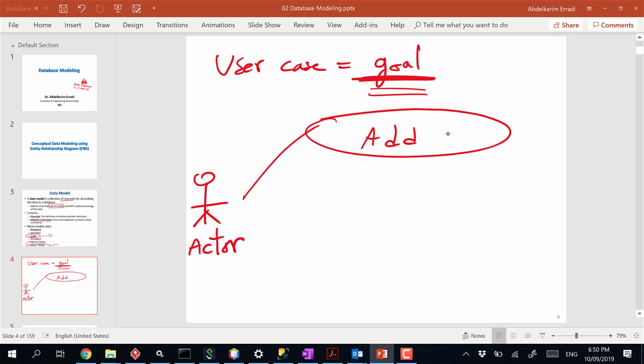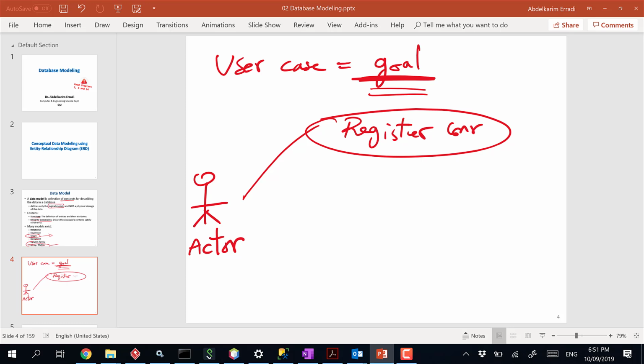Although in the implementation you might have add, when you express the goals, express them using the terminology that the users, the domain experts, the people you're trying to build the system for, are using. For example, if you are talking to accountants, they use account, and if they want to put some money in an account, they will say credit. If they want to take out, they will say debit. If you go to a bank, they will say deposit, withdraw. So you use the same terms. So here, register,